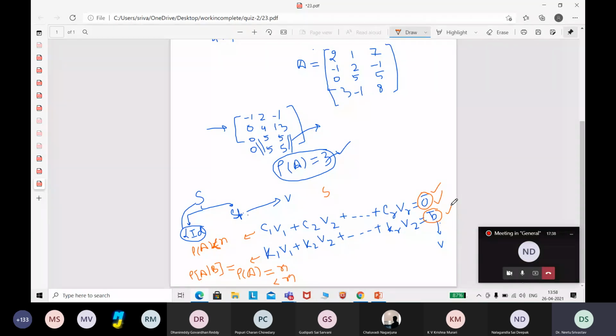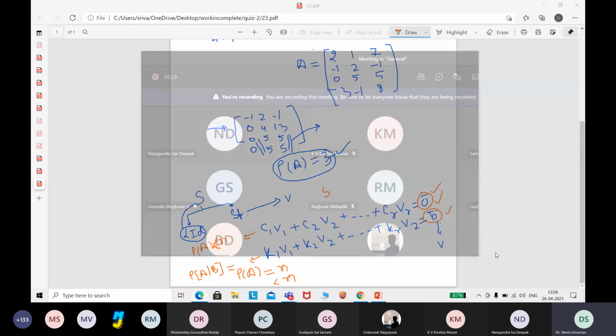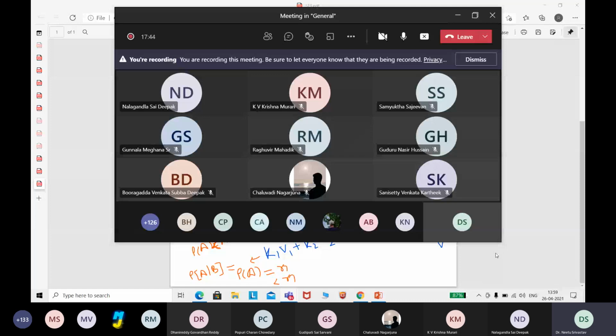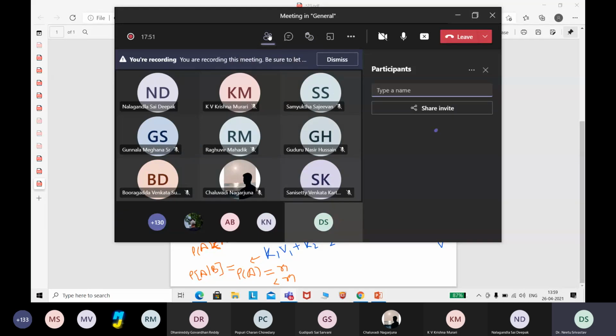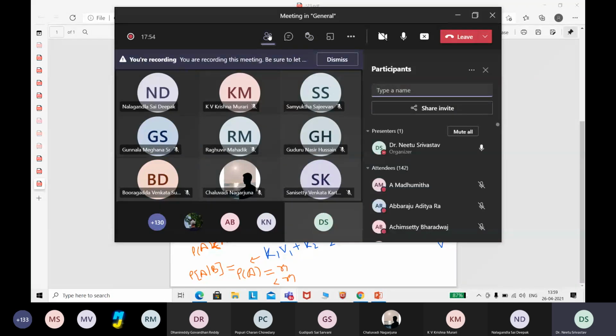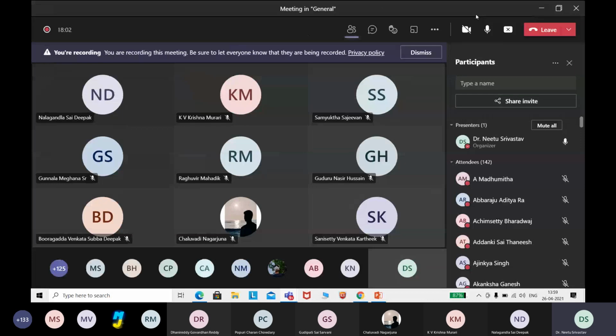Yes. No doubts, nobody is asking anything, and we have planned for the test this weekend. I can check the strength first. What is the strength today in class? It is only 142. What is the reason? Strength should be good. Why is it so less? When 3 sections are clubbed, almost 40 students are not there. 40 to 70 students are not there. Yes, sir. Why?